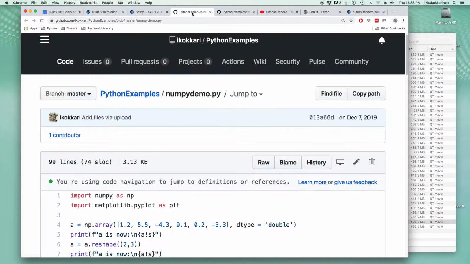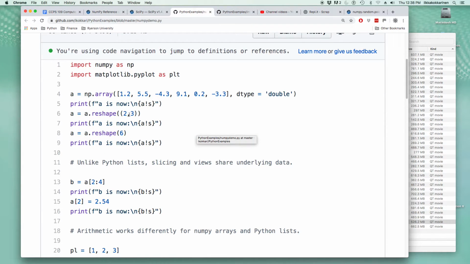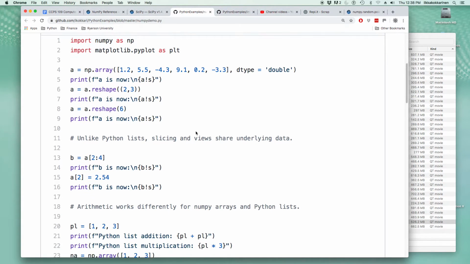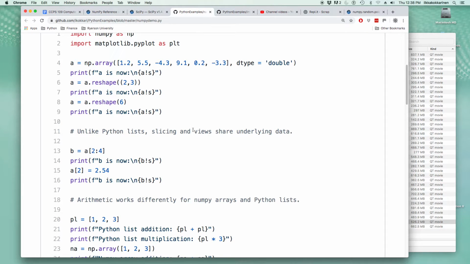So here in the numpy demo, we start by creating an array of doubles. Not a double burger, but a double precision floating point, so 8 bytes, which is the pretty standard way. These decimal numbers are stored in double precision. Looking at these rules now that we're on the topic, sometimes a copy is made, sometimes both the